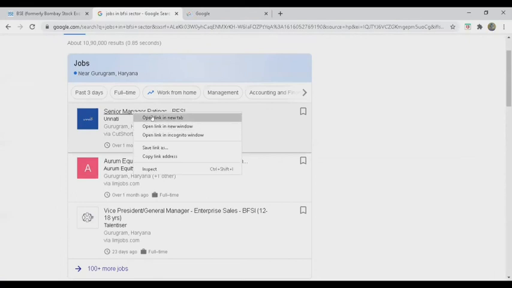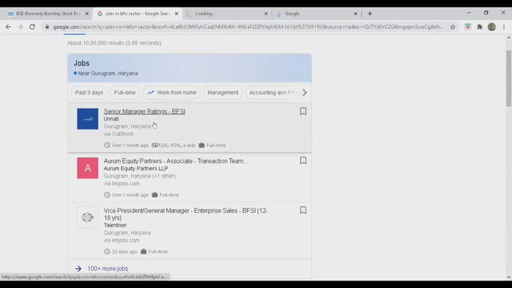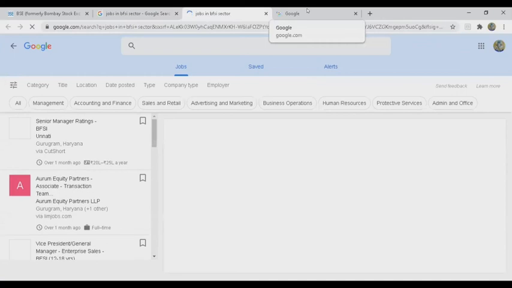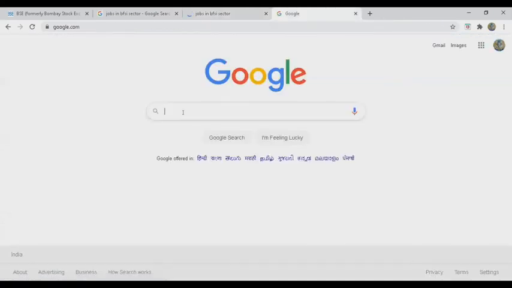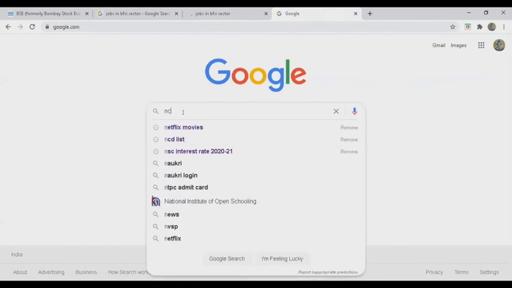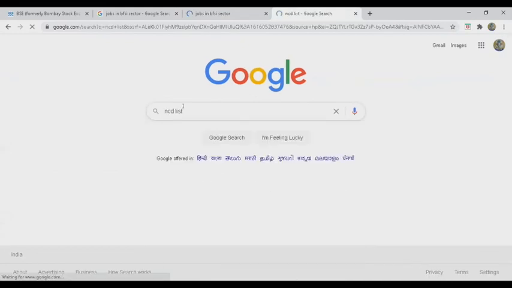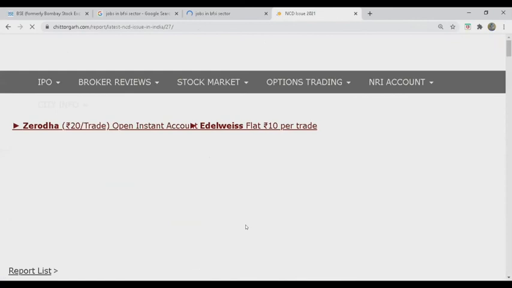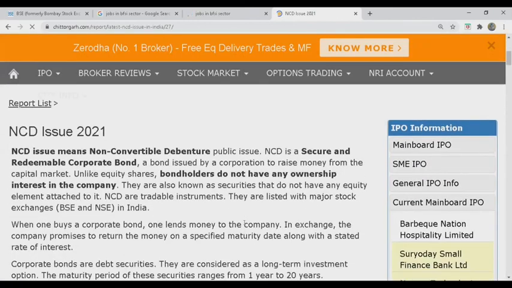What they are offering. And since it is senior manager, of course, it is not meant for fresher, somebody who has got experience, right? It is meant for them only. But still, let us see what this job is offering, or what are the qualifications. Okay, and as far as ratings are concerned, I'll show you here quickly. For example, there is something called NCD, or non-convertible debenture, which you all must have studied at some point of time. That is also part of this market. Okay, I'm going to click here on one of these websites, these links, and I'll show you something about rating over here. Okay, this is something related to retail traders, retail investors.